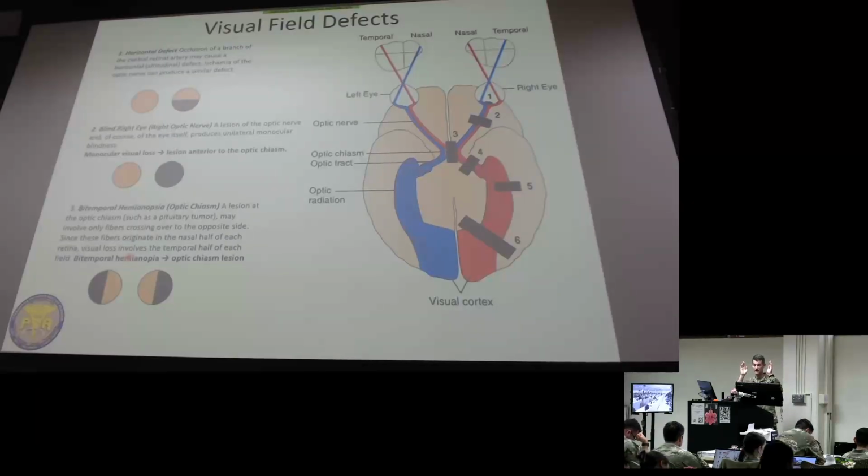I've seen this in clinic a lot, especially with how common pituitary tumors are. We start to gradually lose that portion of the outside of both. It almost looks like tunnel vision as it's closing in. The patients aren't able to recognize it right away. Sometimes it's very subtle. Sometimes we have to do what's called formal visual field testing. We can do this sort of maneuver and grossly test it out. But they actually have these things called Amsler grids where they test and say, hey, this side's decreasing compared to this side. So bitemporal hemianopsia, it's pathognomonic,